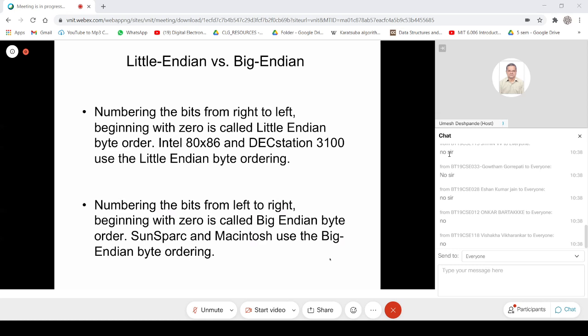Such that those peculiarities and details about the hardware have to be known in order for a program to work on a particular machine. So, is this clear?